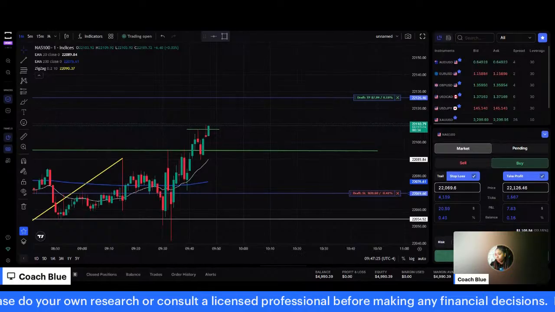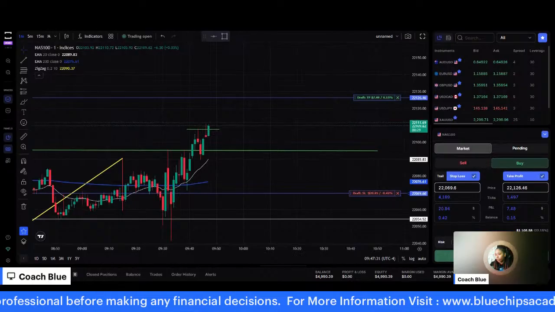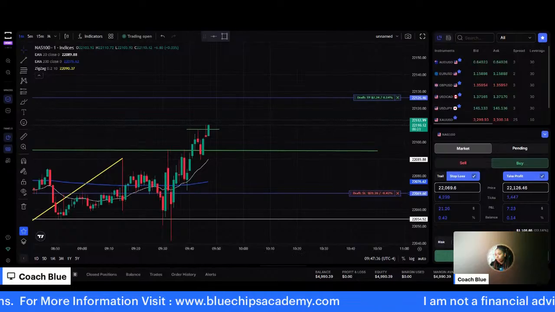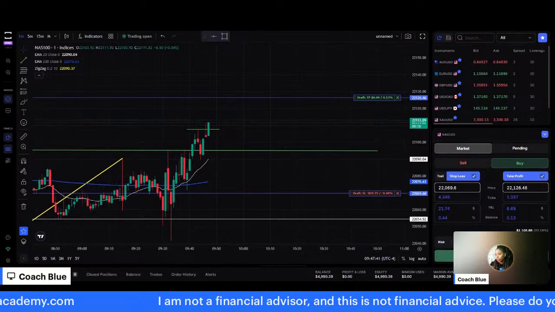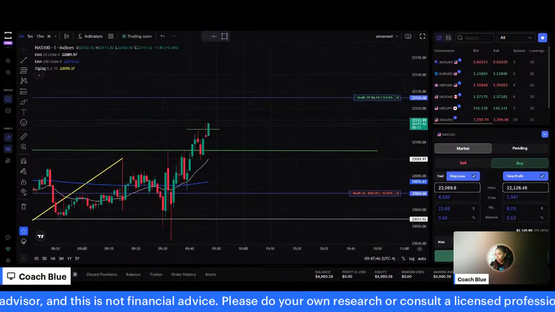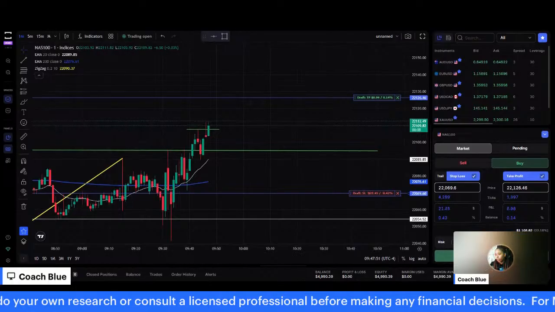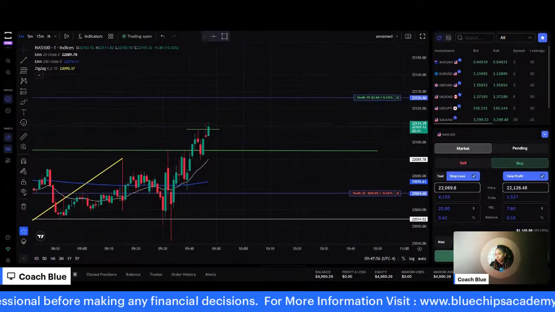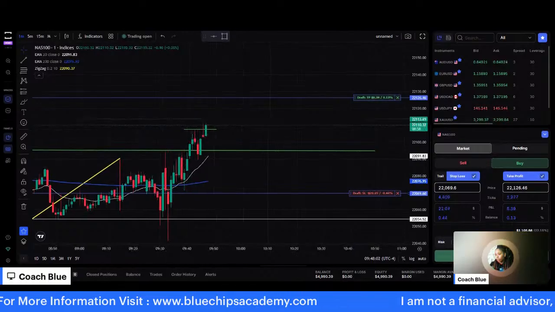Here we go. I like it. Let's see if we can close strong, though. 25 seconds on this candle. I'm looking at the time over here too, for those of you who don't know, by the way. Here we go. Let's see. Cutting it a little close. They're playing games right here, y'all. They are playing games. Let's see.